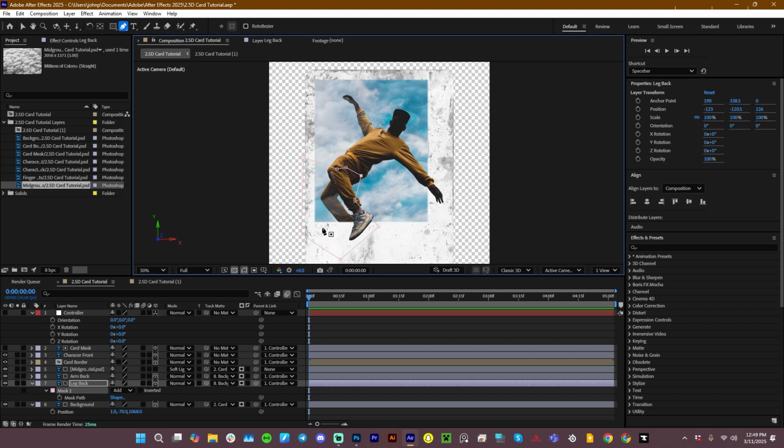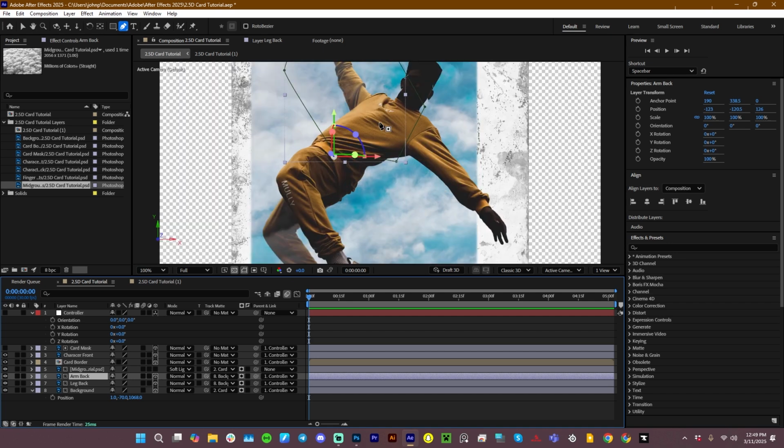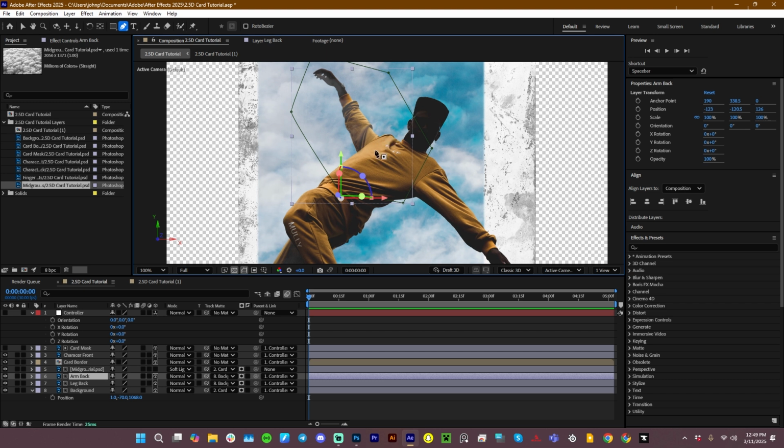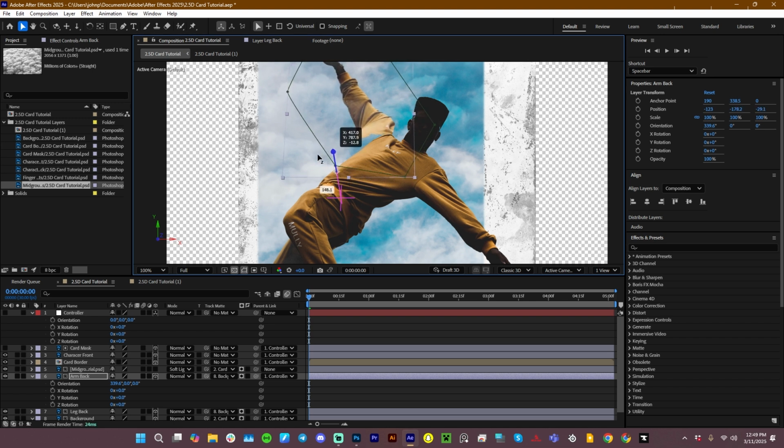Looking good. The reason I did this is I want to be able to line these up a little bit better individually. So with the arm right here, when it's in this state, I want the back end of this arm to be as close to the front of my character as possible, which is going to require some rotation. Here we can just hit V on our keyboard, and we can use this to rotate, which I think I am going to rotate it back like this, and then I'm actually going to move it forward until kind of this